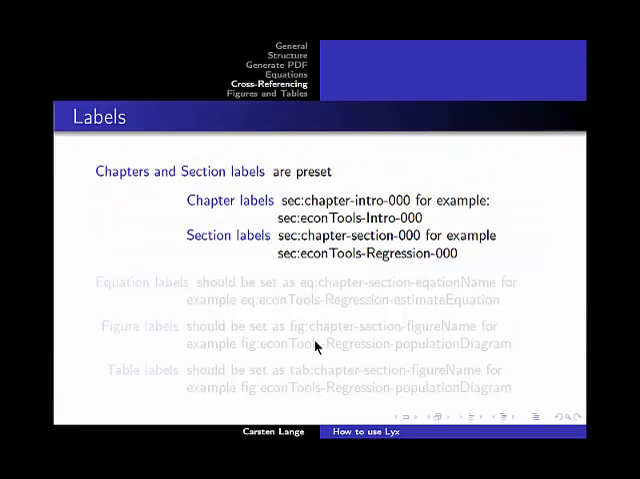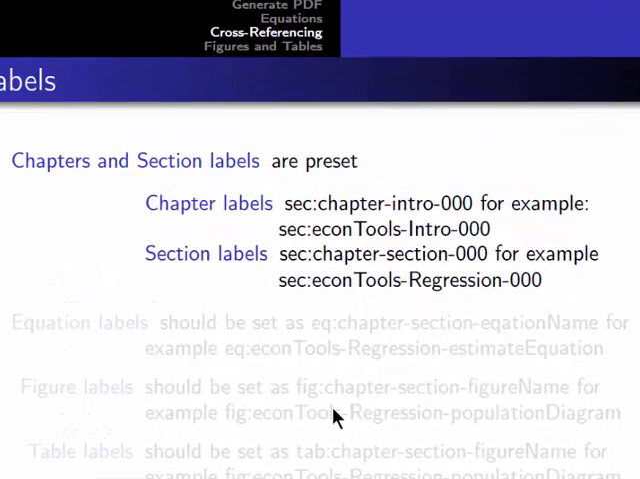Let's first talk about the naming conventions for labels. Chapters and sections always start with the three letters SEC followed by a colon. You can see this here. If it's a chapter label, the SEC colon is followed by the chapter name, for example, Econ Tools, and then a dash and the word intro, for example, Econ Tools intro, and then followed by